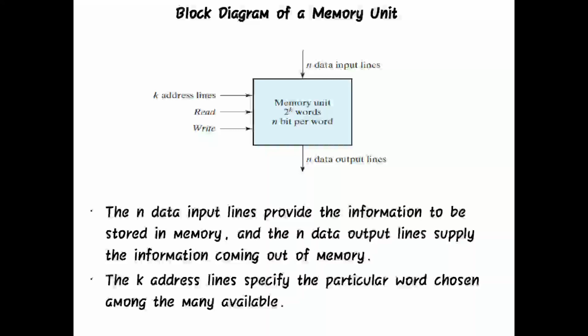Apart from these two, there are k address lines. What are these k address lines? There will be many addresses, and each address will consist of one word, and a word again means 16 bits. So there will be many addresses arranged, which we will see in the next slide, consisting of many words. Whichever word we want, we have to select randomly. Then, apart from these two, there are two control signals: reading of data and writing of data. Writing of data means transferring the data into the memory. Reading of data is transferring the data out of the memory.